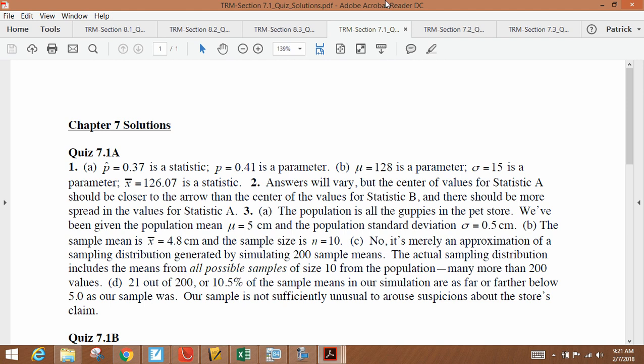Alright, so since we're using sigma, we know we're going to be using sigma. So C star is going